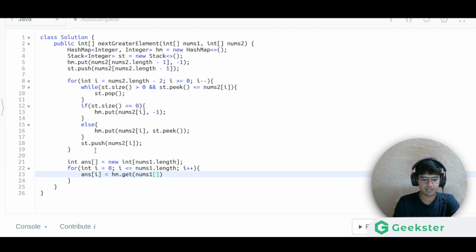That will be our answer array, and at the very end we'll be returning our answer array.